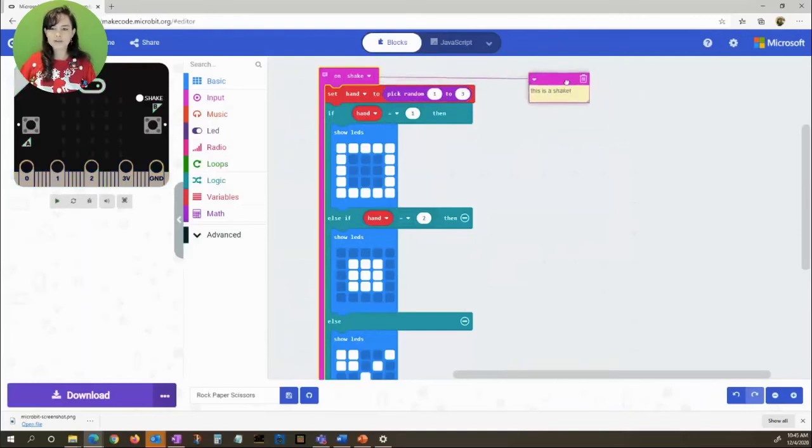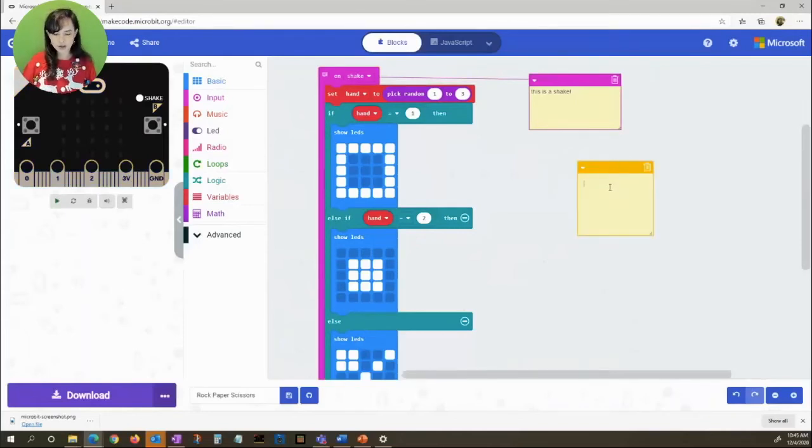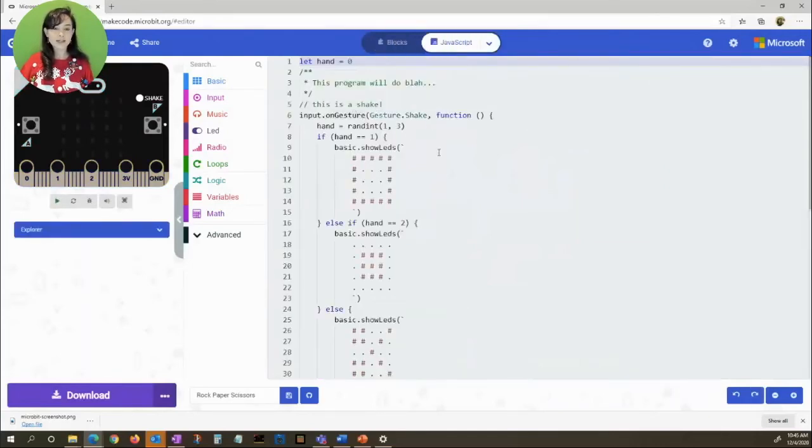You can move your comments around. You can expand them, as well as block comments. You can also add workspace comments, and these are global comments, right? Like, this program will do blah, right? And so comments are a great way to annotate your code. In addition, you can also comment in